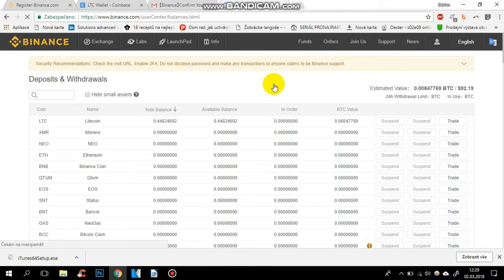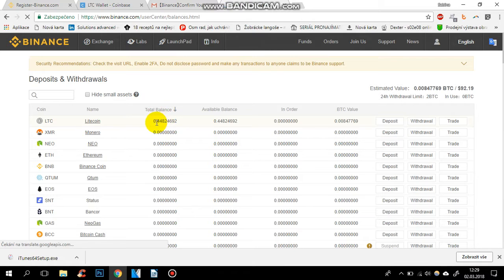balances, and you can see here that it's already available, almost half a Litecoin, and we can use it for other trades. But as you have seen, there is no cryptocurrency in pair with Litecoin, but all with Bitcoin. So what I have to do first is sell Litecoin in pair with Bitcoin, so I get some Bitcoins on my account. To do this, I will go to exchange as I showed you before,